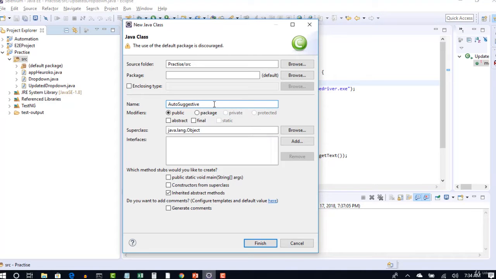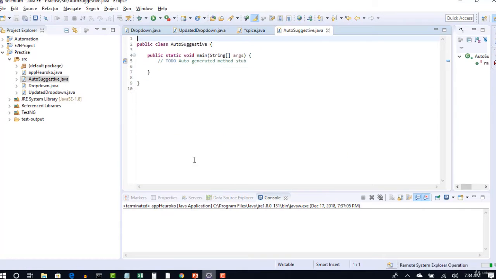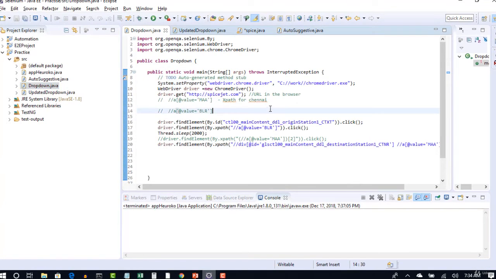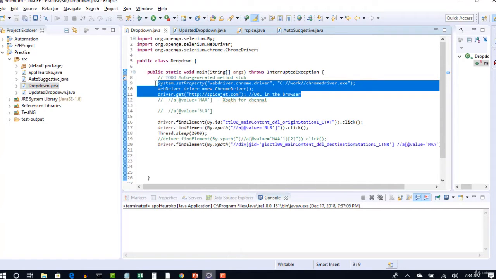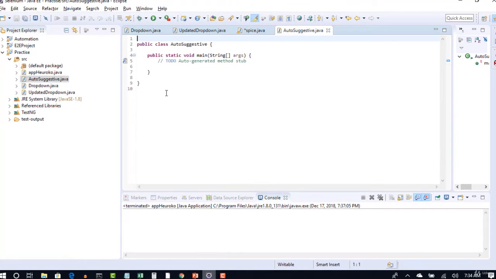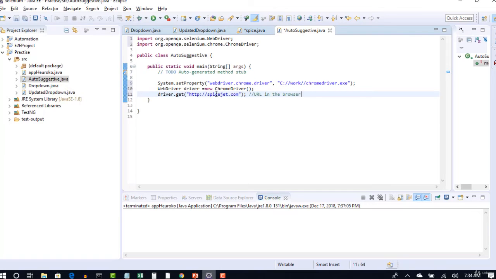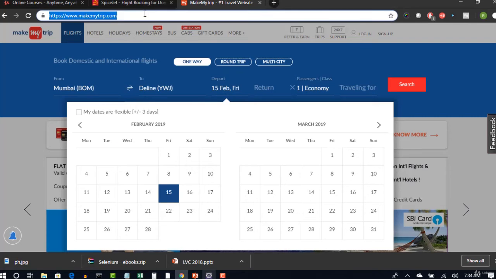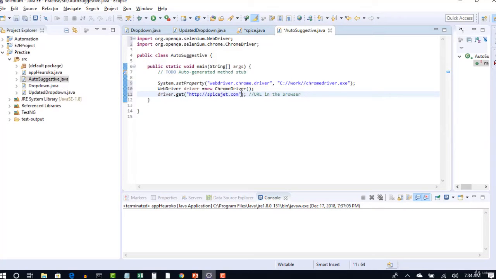Auto suggestive. Okay, so these 3 lines are common, but I have to update the URL, right? Let me update the URL.